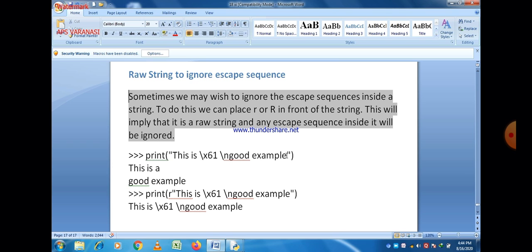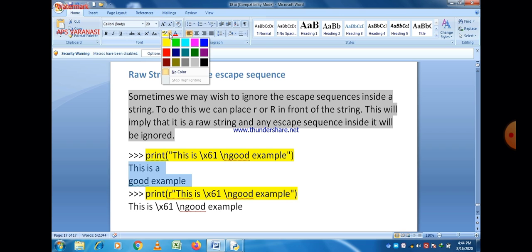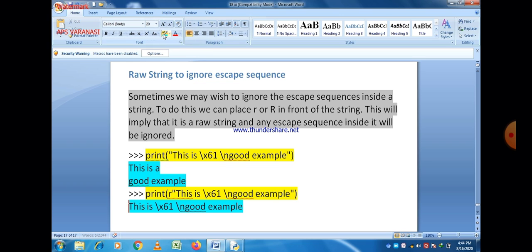So there are two escape sequences here. 61 represents a, so the answer will be this is a, and the next line is good example. So escape sequences are there and they affect the representation of the string. But if you write R before this string, it means all escape sequences are ignored and these are printed as it is, as given in double quotation marks.